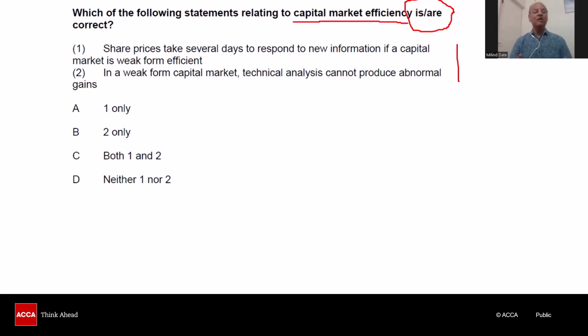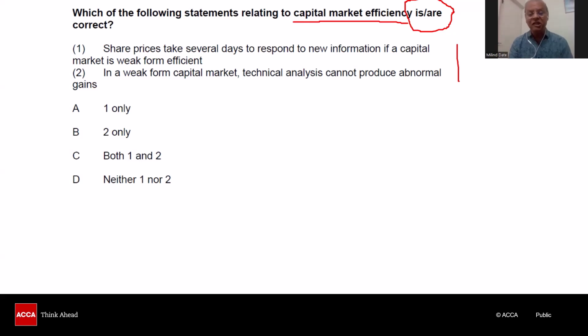Now, in this particular case, the share prices take several days to respond to new information in a weak form of efficiency. In the weak form of capital market, technical analysis cannot produce an abnormal gain. So here, of course, while it is correct to say that technical analysis won't produce abnormal results,